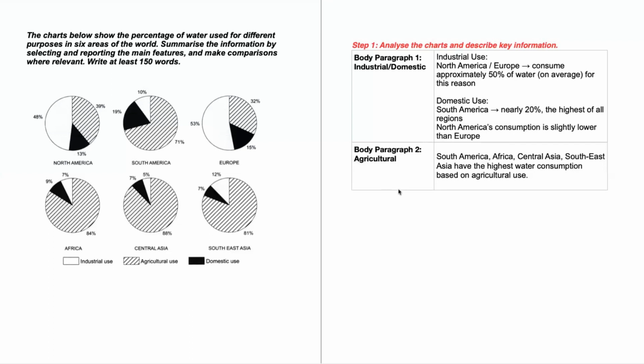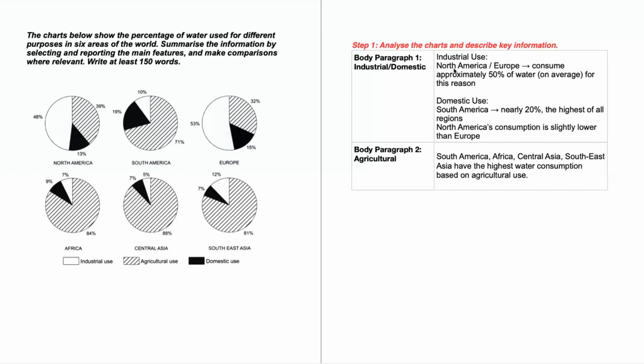Now, if we go to agricultural, this is going to be short and sweet, really, because we see that South America, Africa, Central Asia, and Southeast Asia have the highest water consumption based on agricultural use. And that is the most significant feature. Now, in our essay, I'm going to talk about percentages and we'll talk about numbers, and I'll show you that where it's relevant. But this is the main idea. These are the main points that you want to talk about and